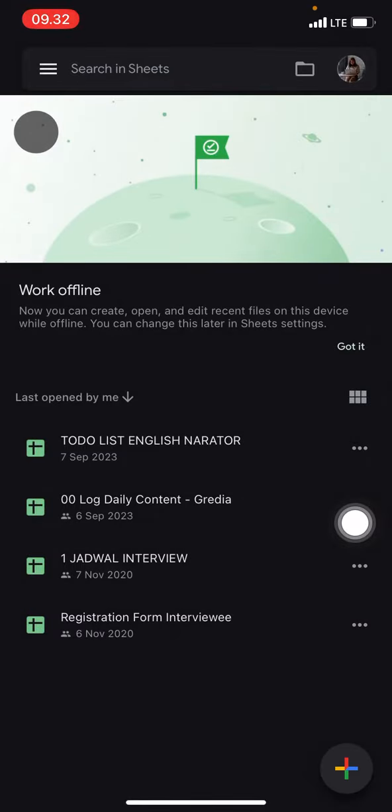And now you can just share the link by chat, email, and anything to make them able to reach your Google Spreadsheet. So that's all for